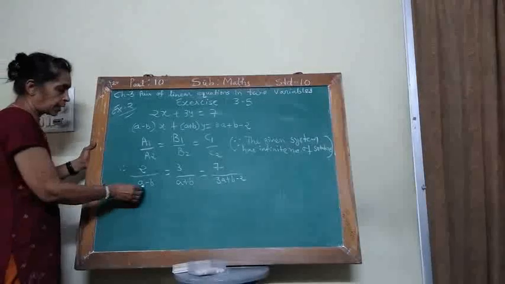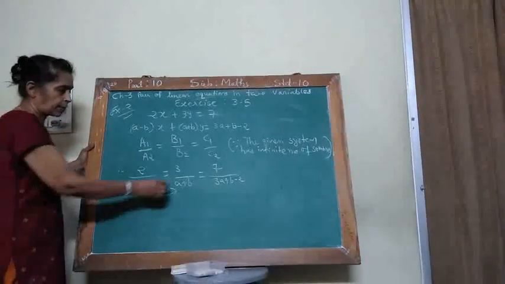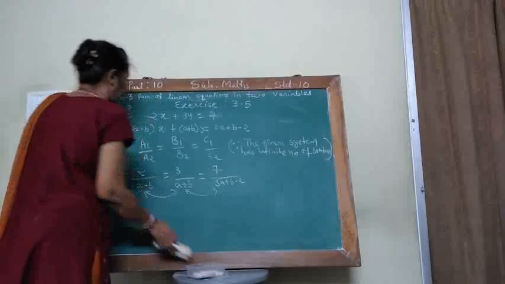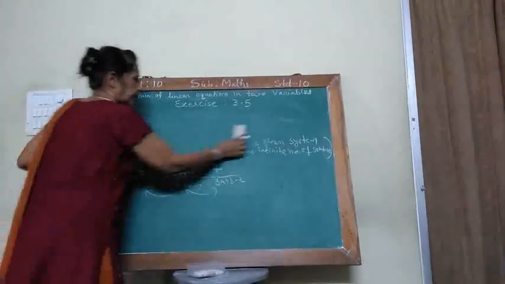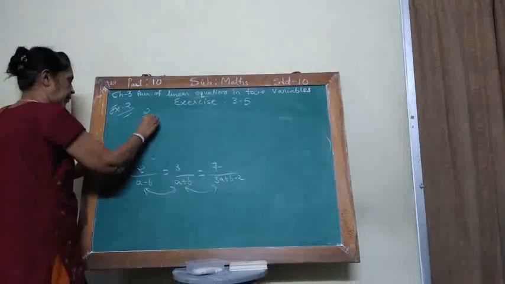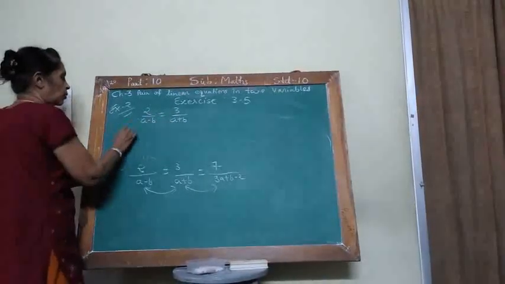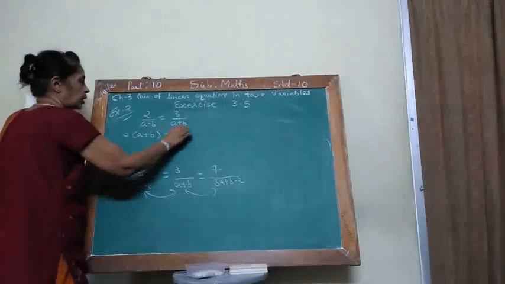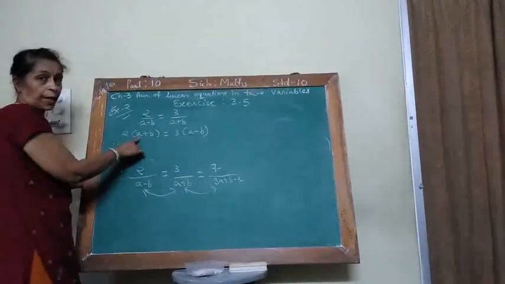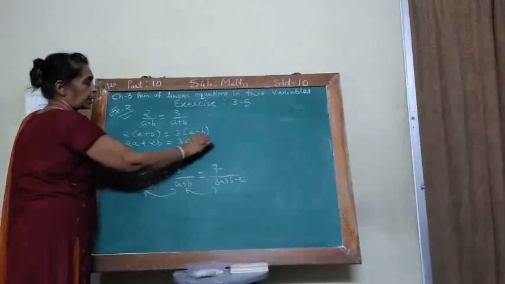Substitute that value, and here you have to compare first and second, then we shall compare second with third, and we get 2 equations in terms of A and B. So comparing 1 and 2, we get 2 upon A minus B is equal to 3 upon A plus B. Comparing first and second ratio, 2 into A plus B is equal to 3 into A minus B. If you simplify this, cross multiplication and put in brackets. Brackets are required, so that 2A plus 2B equal to 3A minus 3B.